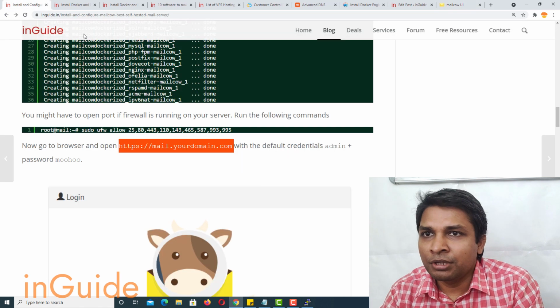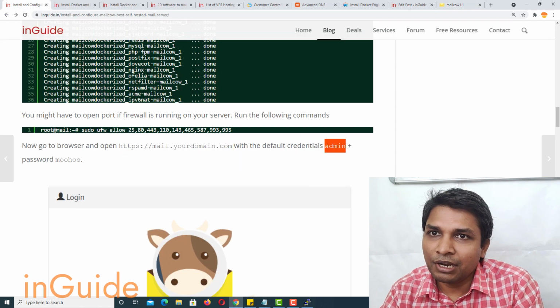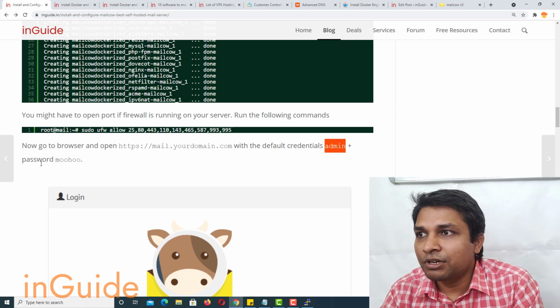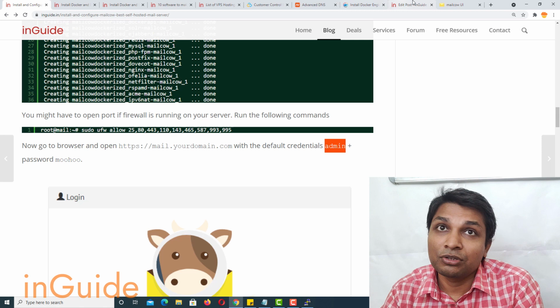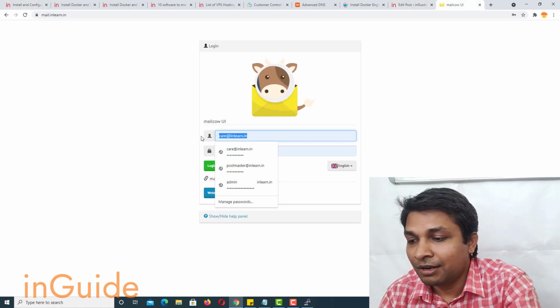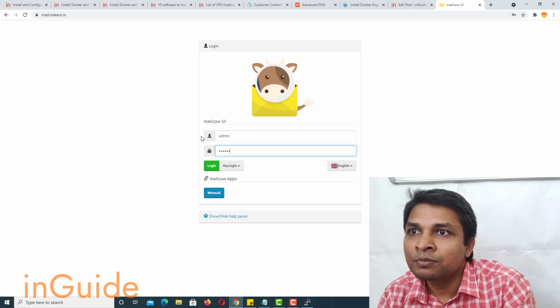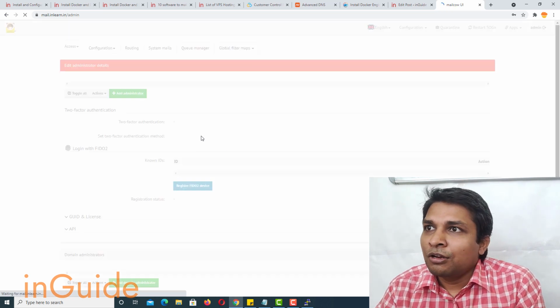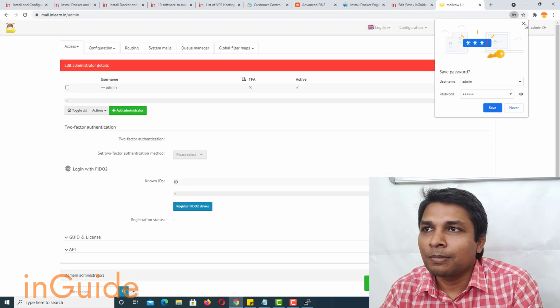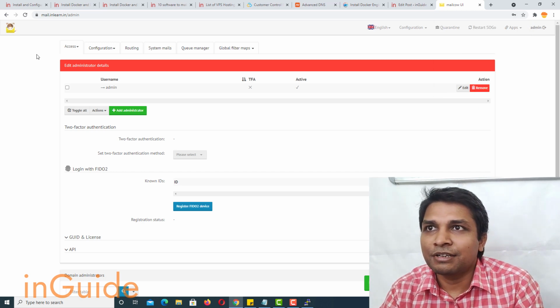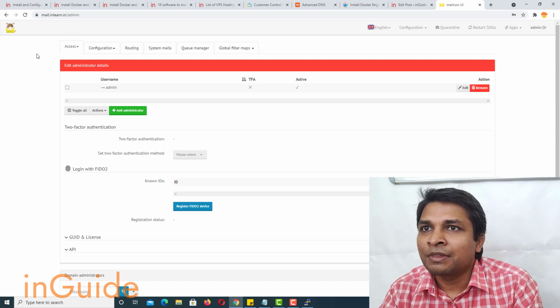So now here you can see the username is admin and the password is moohoo. So let's type that, admin and moohoo. Alright, so now this is the admin interface of Mailcow, and it's very nicely organized.